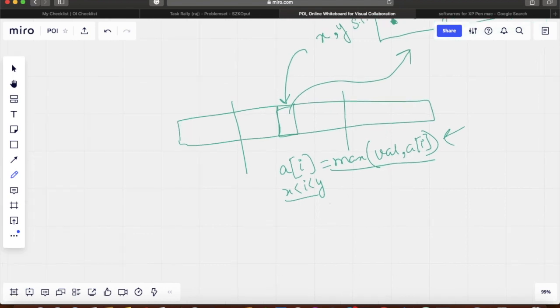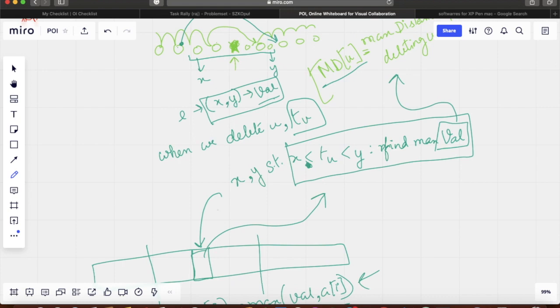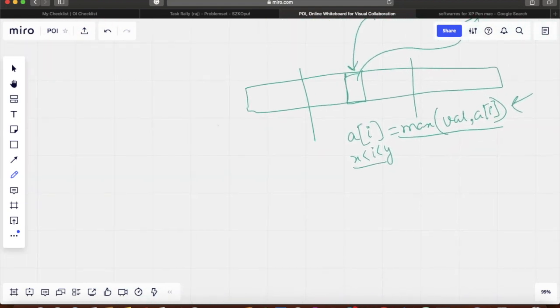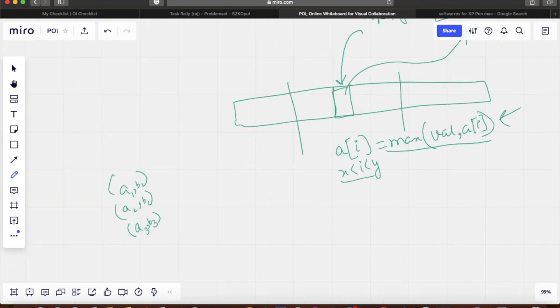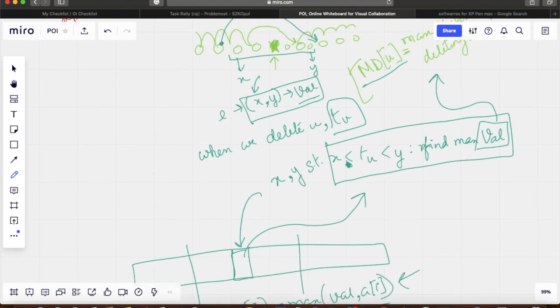However, this might give a TLE if you actually try to implement it. Another way that you can try to solve it is using an offline sweep. So what is an offline sweep? You treat these first indexes as events. So let's say you have a bunch of these ranges: A1, B1, A3, B3. Now we process these tUs in sorted order as well. I mean, that is just going over nodes in the order 1, 2, 3, 4, and when I mean 1, 2, 3, 4, I mean the topological order, not the label of the node.